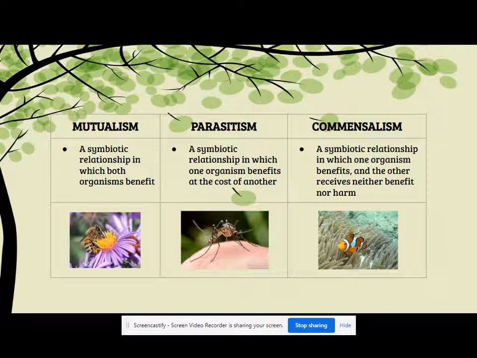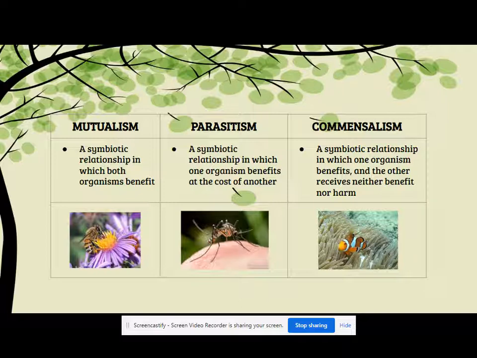You can have animals that clean other animals in nature. The animal gets cleaned, like a bird is eating ticks off a giraffe, and the giraffe doesn't have ticks, and the bird gets a snack. A more insidious relationship is parasitism. That is where one benefits and the other is harmed, like stupid mosquitoes or the aforementioned ticks.